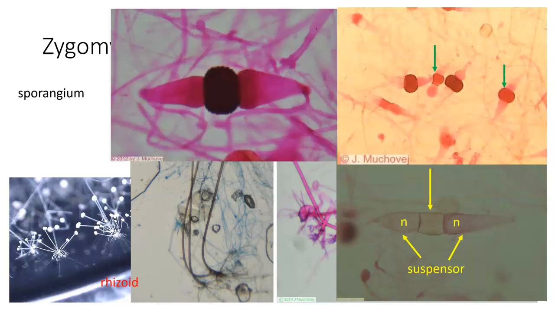And finally, we get this very large zygosporangium, and the center part is the zygospore. The outer part are the suspensors, and inside of the zygospore we get the formation of a diploid part, and then this is going to go through mitosis and meiosis, and out of it it's going to produce a new sporangium that looks just like the one that started this whole process in here. And that cycle is going to recur.